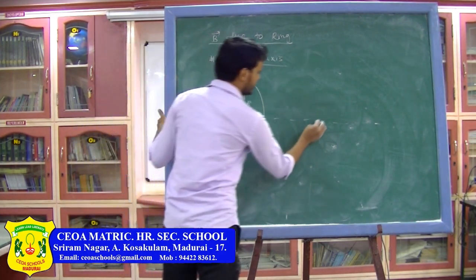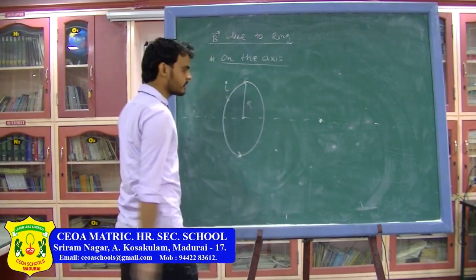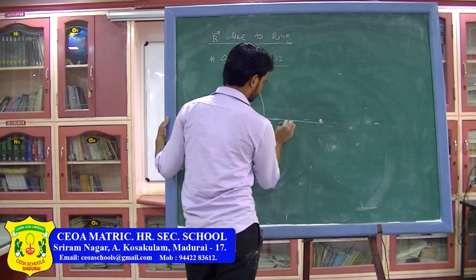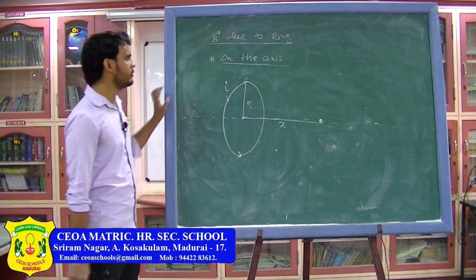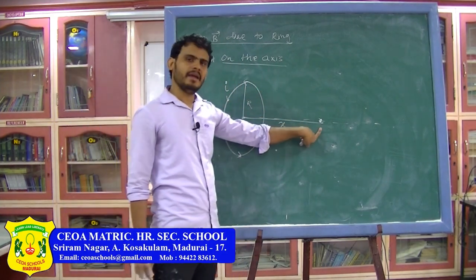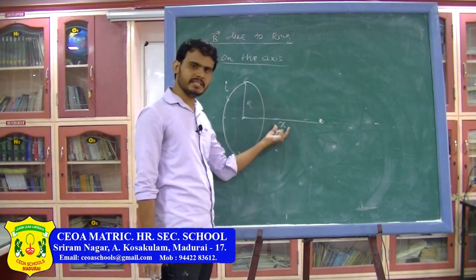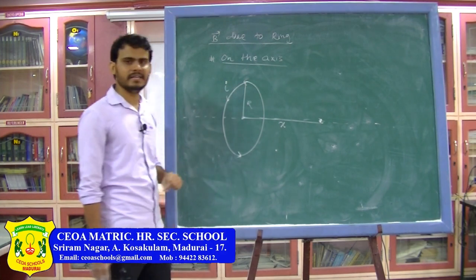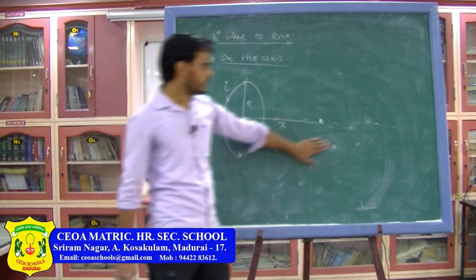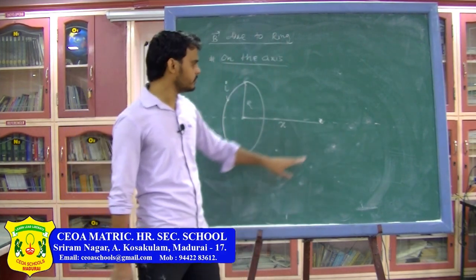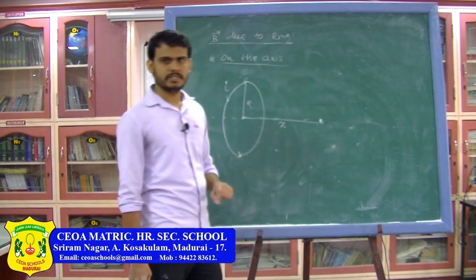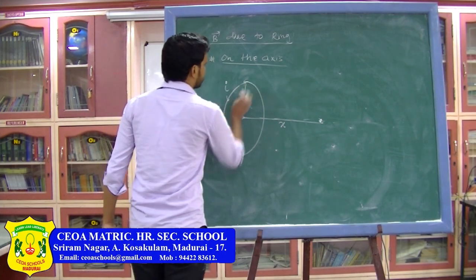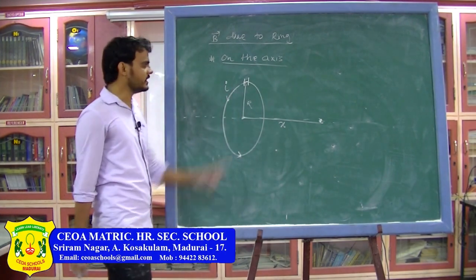And I want to find the magnetic field at this point. The distance between the center of the ring and the point is x. So basically we are going to find the magnetic field at a point which is at a distance x from the center of the ring. Radius of the ring is r and current in the ring is I. So again we can use Biot-Savart law to find the magnetic field. Biot-Savart law says you have to divide this into very small current elements. So I take a current element from the top.